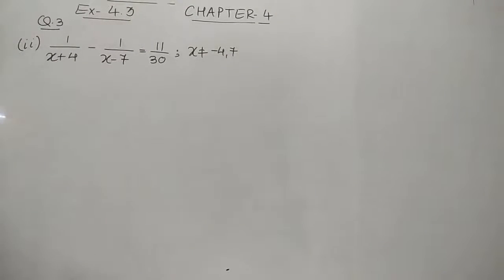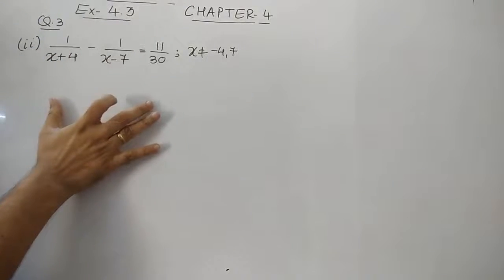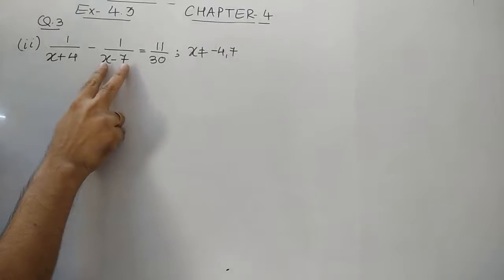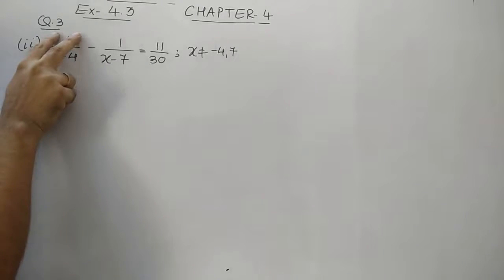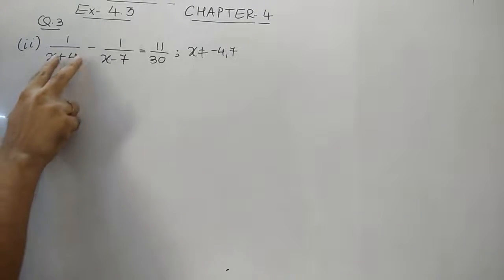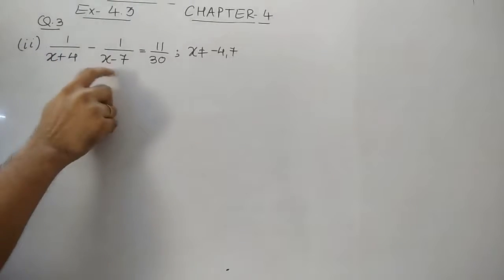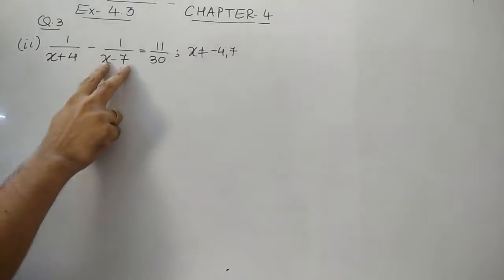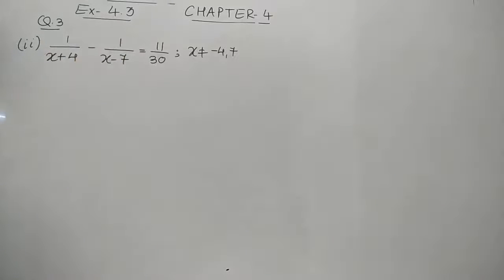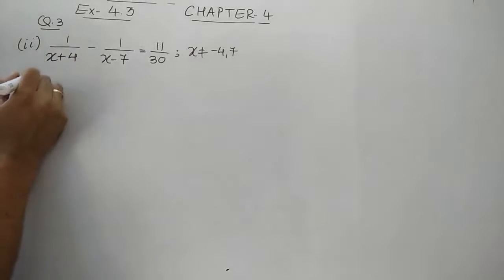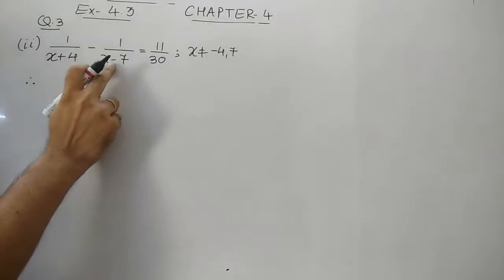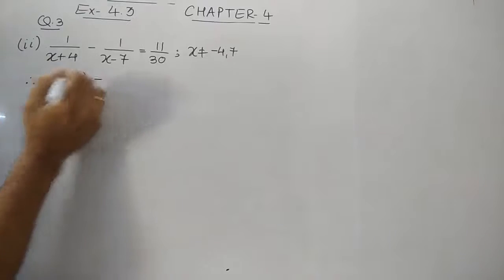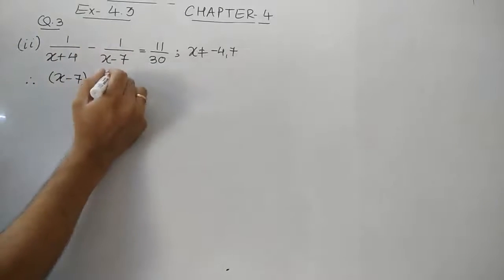Now here, the important thing is we have to simplify this. That means first we need to convert this into the standard form. So what we'll do here is multiply this term with this term, that is the numerator, and this with this numerator. It can be said that we are taking the LCM of the denominators. It's quite surprising that we are taking the LCM of the variables, but yes, that is what we can say. So just remember, you have to multiply x minus 7 with 1, so it remains the same, and x plus 4 with 1.